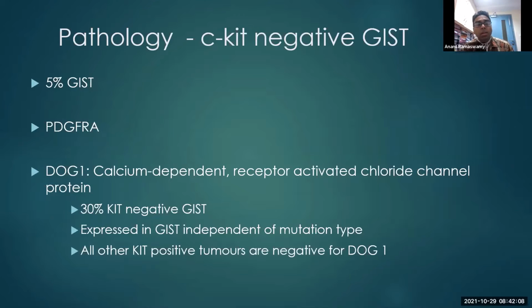What do you do then? Then you look at DOG1, the full form of which is Discovered On GIST. This is a calcium chloride channel, and it is present in almost 97 to 98% of all GIST. So a combination of c-kit and DOG1 means that 97 to 98% sensitivity is there for the histological diagnosis of